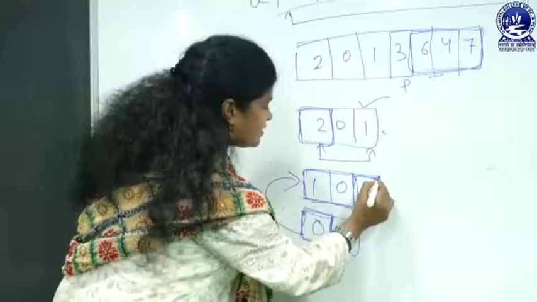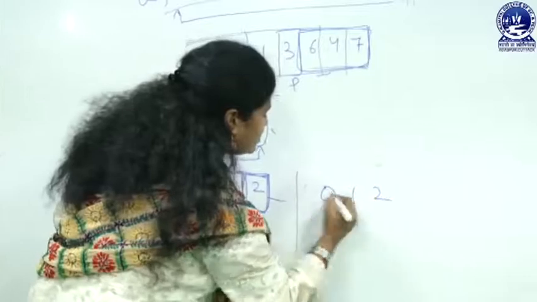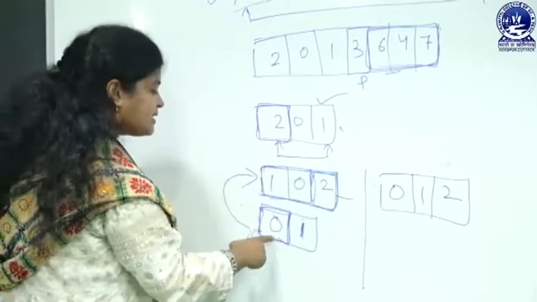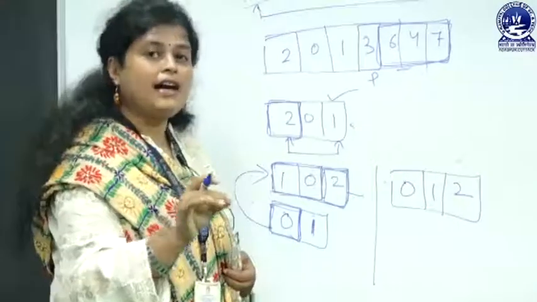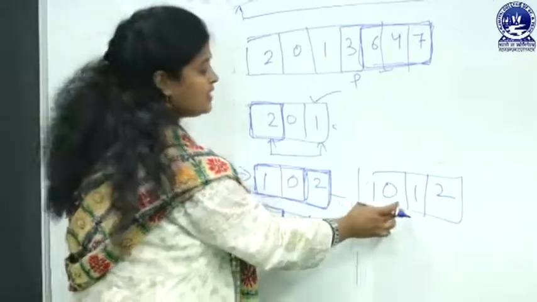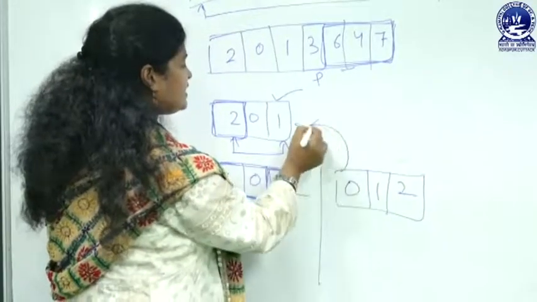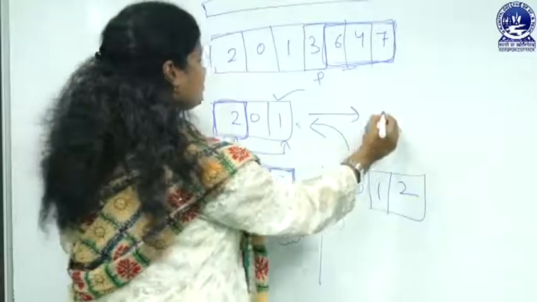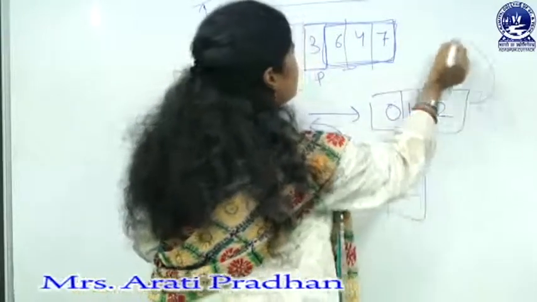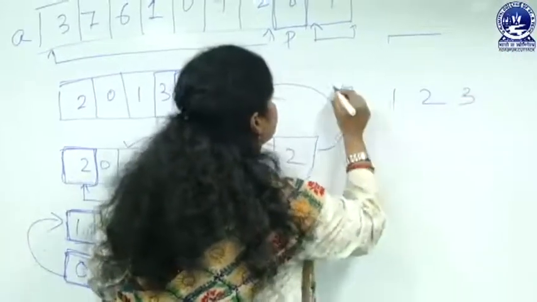Now, at this point the returned value is 0, 1 and 2, because 2 is already here, and as it is going back it will return the output. Now the returned value is 0 and 1, it will not consider the previous one. So, the returned value will be this 0, 1, 2. Now, from this point it will return to this area and the output will be 0, 1, 2, the same one. Then from this point it will return to this area and the output will be 0, 1, 2, 3.